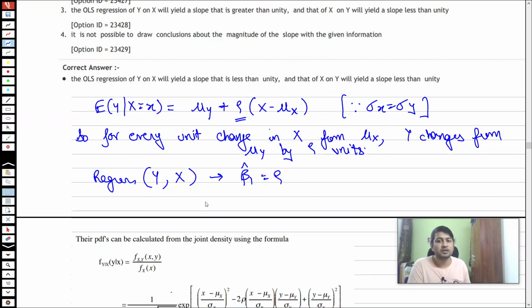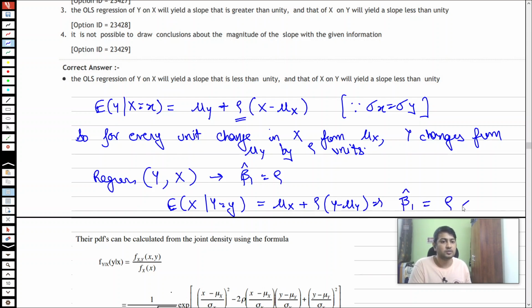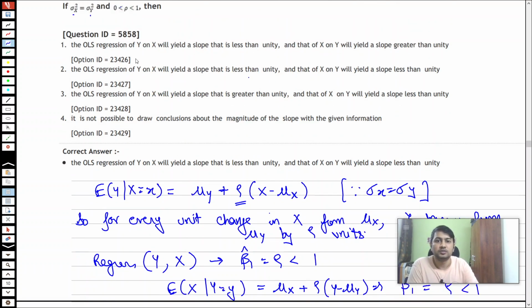And by similar logic, what I have is expected value of x given y equals small y should be equal to mu x plus rho times of y minus mu y, which implies that beta 1 hat for this case is also going to be equal to rho, which is again less than 1. So both the slopes are going to be less than unity. So that's less than unity and less than unity. So that's option number